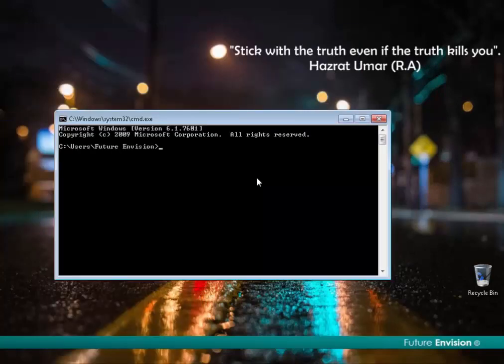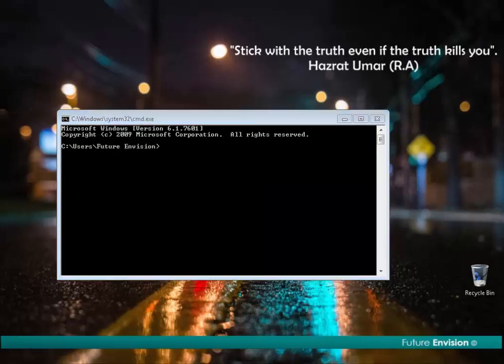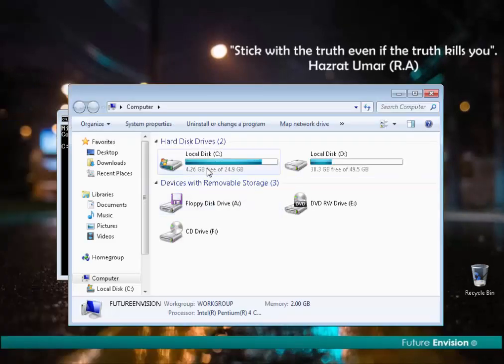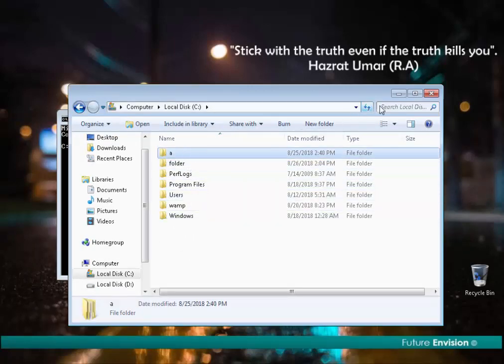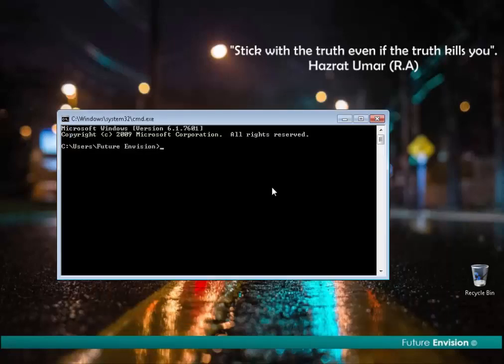Now I am inside my C users future Envision folder currently. This is my present working directory. I want to move this directory, this folder, into A. Okay, so in this case I will write